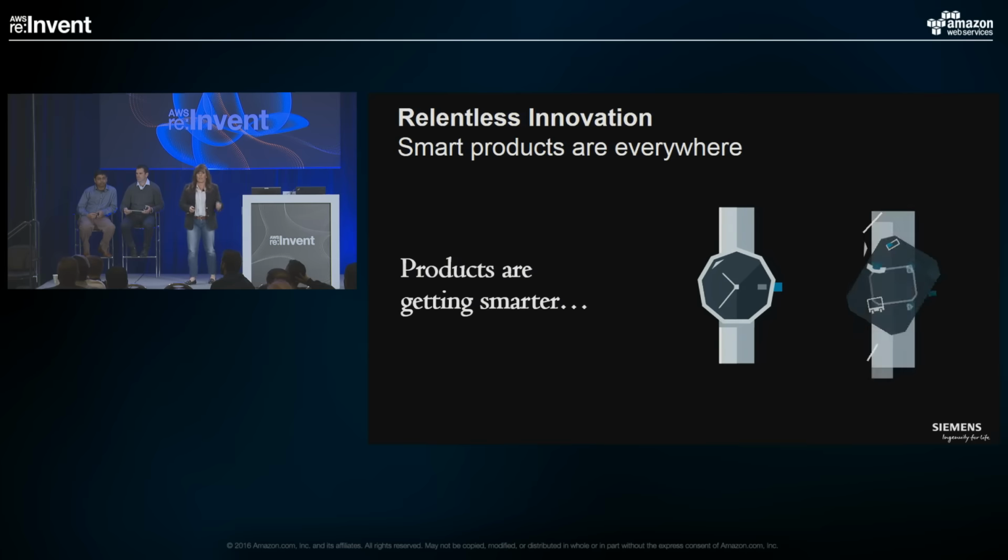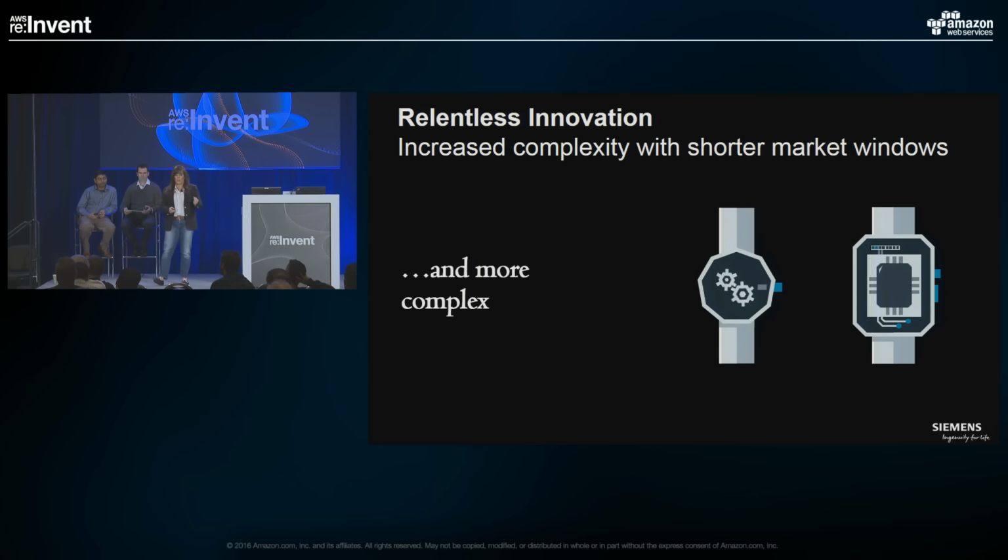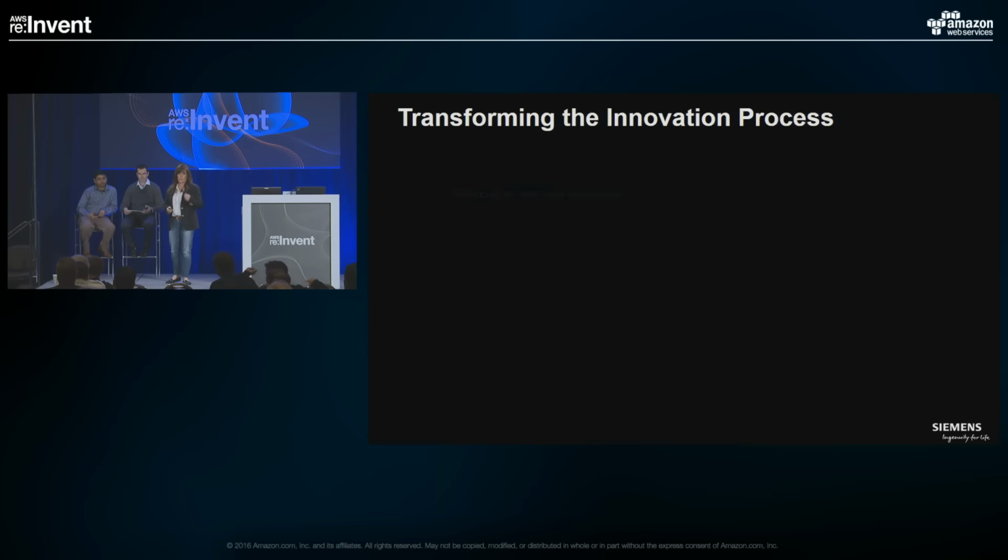So what we're finding in our customer base is products are getting smarter and smarter. And I think you've seen that throughout the sessions here. But in addition to getting smarter, they're getting way more complex and they're having to come to market quicker. So when we look at our customer base,